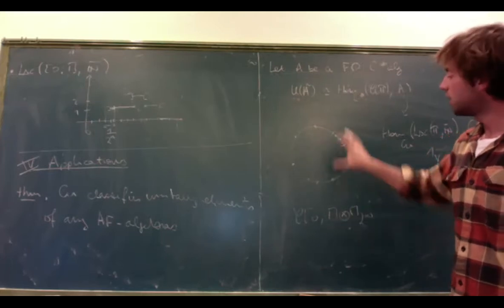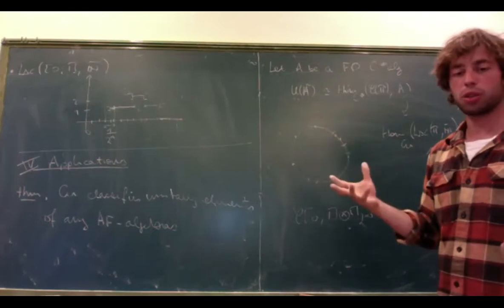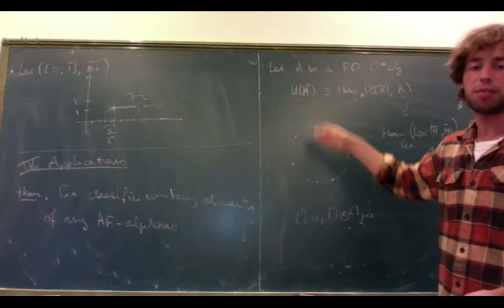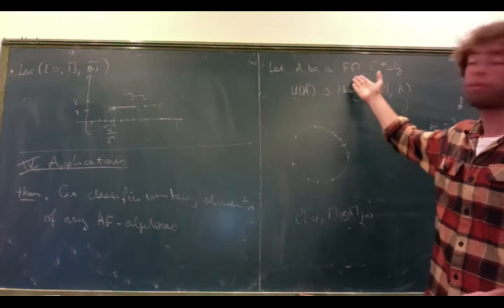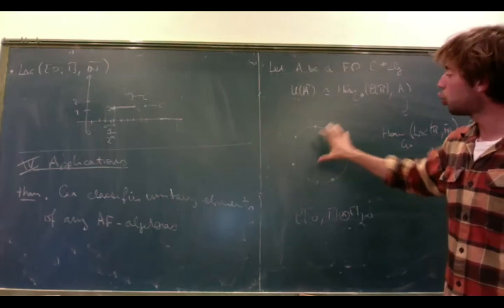This is doable because when you represent your unitary element as points on the circle, finitely many if it's a unitary of finite dimension, or infinitely many if it's an AF algebra, those points